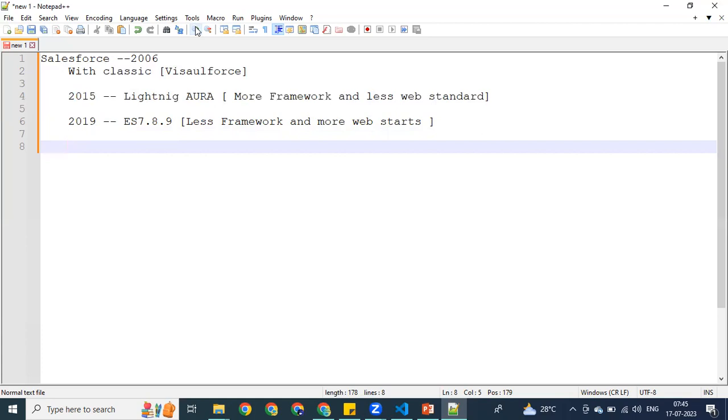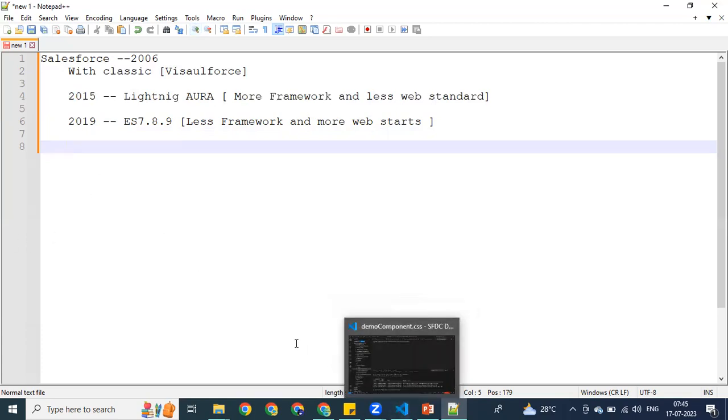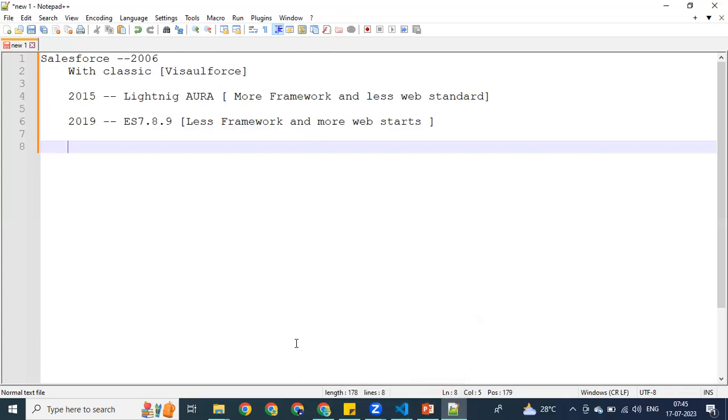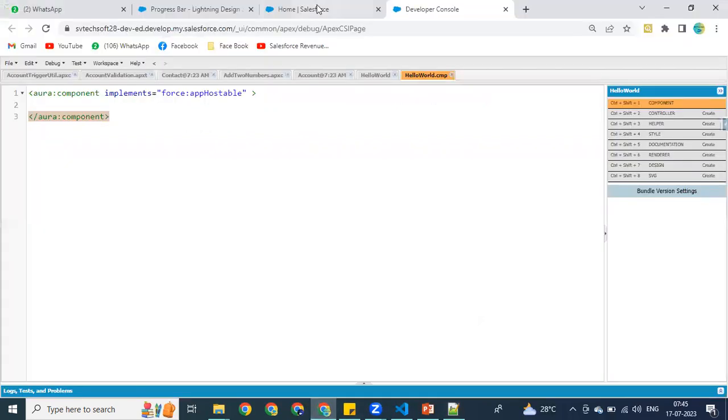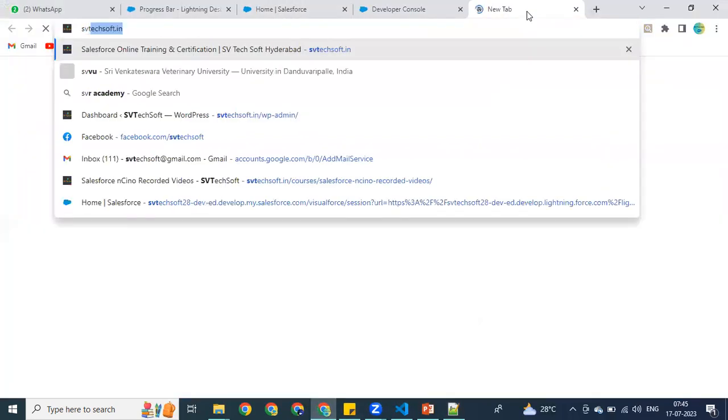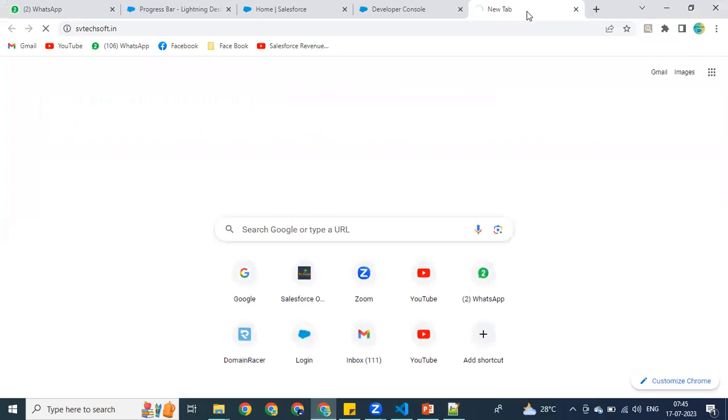Everything you have to create, you have to operate through the IDE only. For that, Salesforce provides one IDE, that is Visualforce Space. Okay, this is all about Lightning Aura and LWC. Here, if you want to know the course content of both Aura and LWC, you have to go